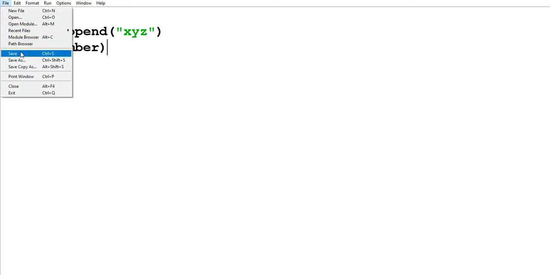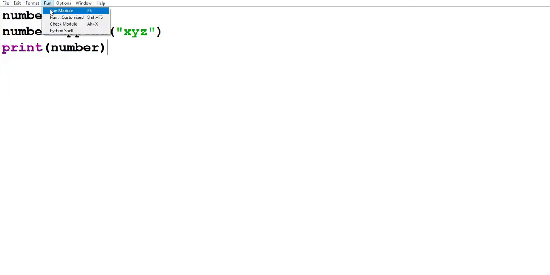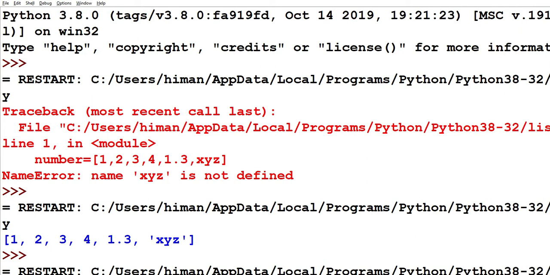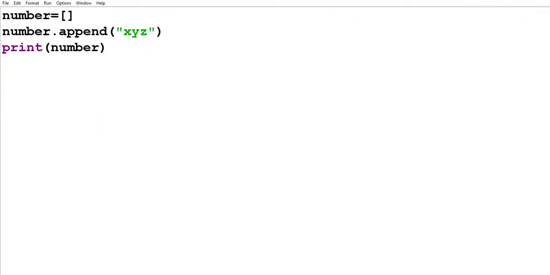First of all we have to save this program and then run it, right? So as we can see, the xyz value is added in the number list, right?